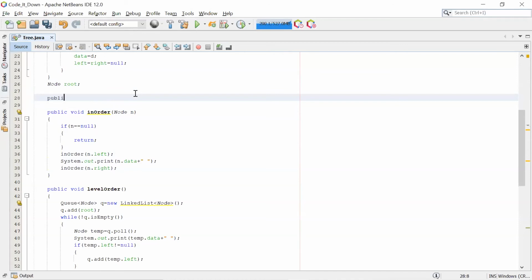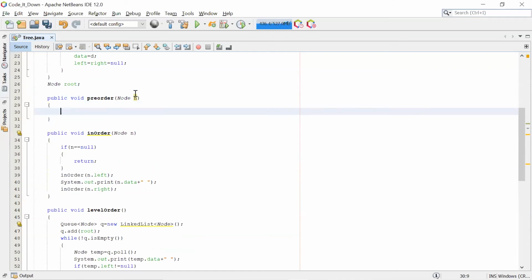So let's write the code for this. Let's make the function. We'll pass the argument node n, where we'll give the root as the argument. Then we'll print the root node first.